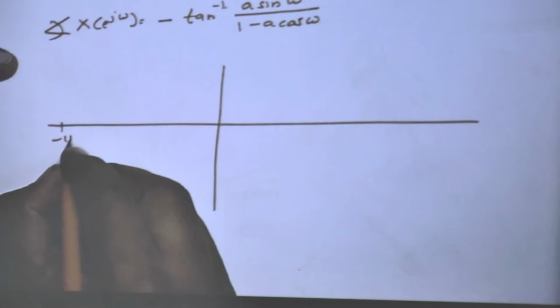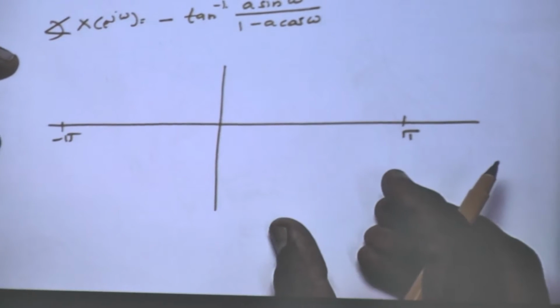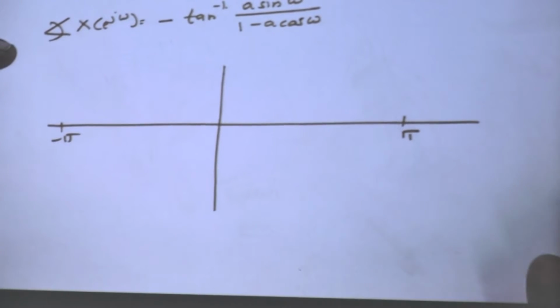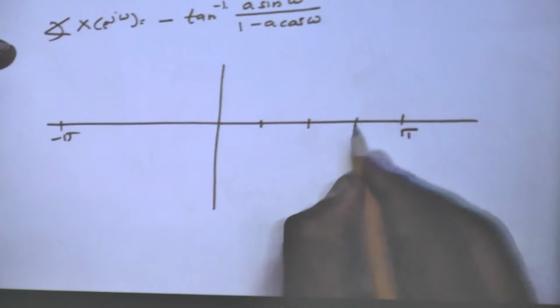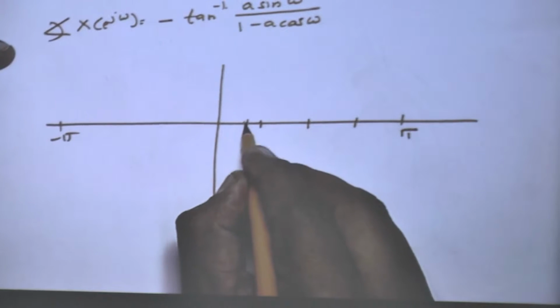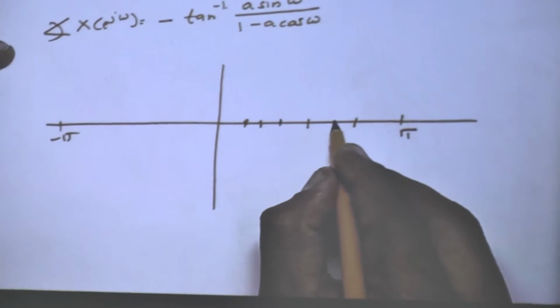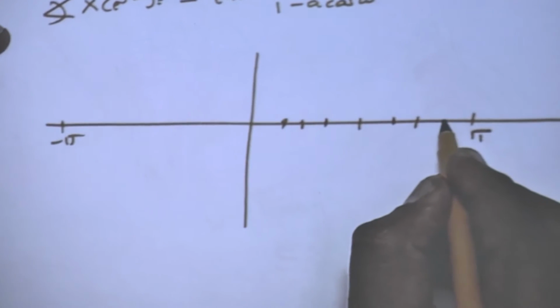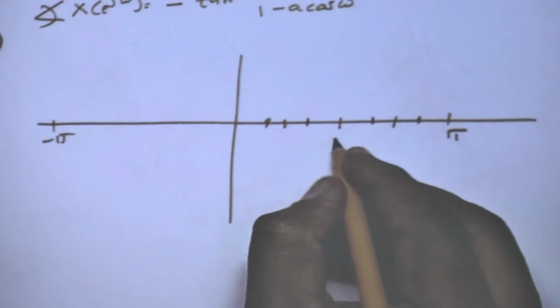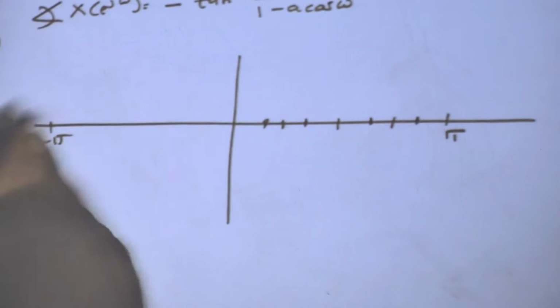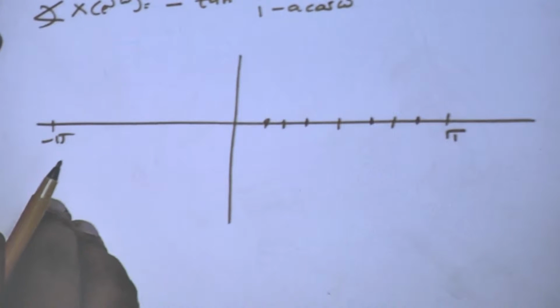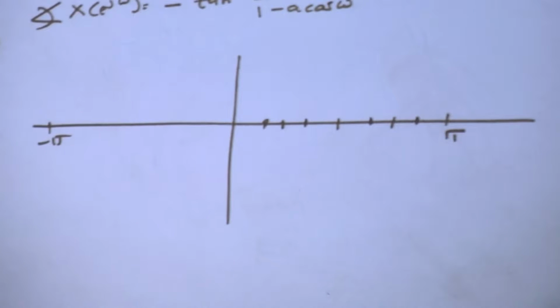So magnitude will be minus pi to plus pi. Usually we know the values of sine and cosine for pi by 6, pi by 4, pi by 3. Those are enough. So pi by 2, pi by 4, 3 pi by 4, then pi by 6, pi by 3, 2 pi by 3 and 5 pi by 6. These values if you find out on left hand side, this part will be exactly same as this part because it is magnitude function. For a, once again we will talk about that property little later.